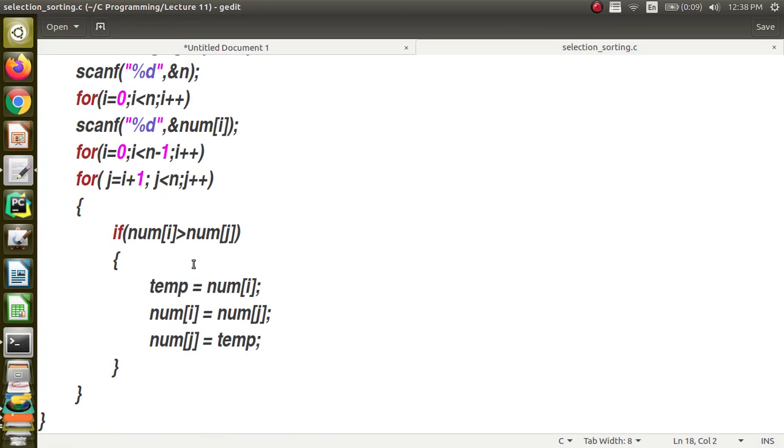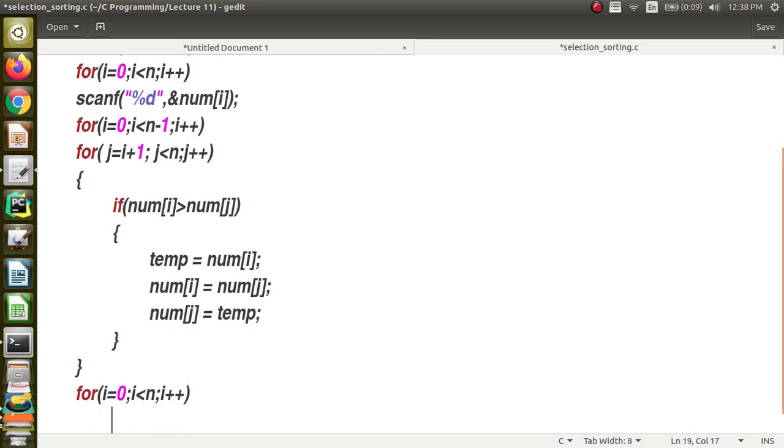If i is greater, you just swap it. When swapping, keep the element in the ith location in temp. Temp is equal to num of i, num of i equal to num of j, num of j equal to temp. So this for loop is completed. Now you are going to print the elements one by one, i less than n.